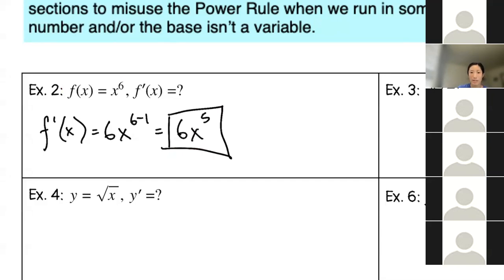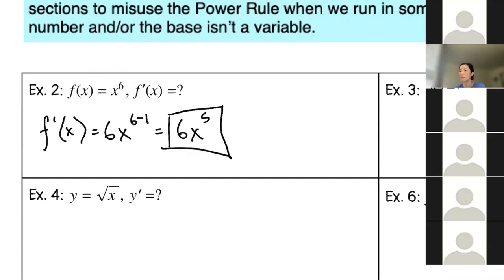This is so much faster than the formal definition, right? Can you imagine having to FOIL out 6 times and then make sure it's like an x plus h and then all that other stuff, and then hopefully you don't make any sign mistakes, and at the end everything cancels and you get 6x to the 5th. Okay, so this is very clearly a shortcut,